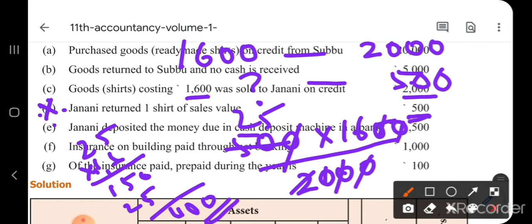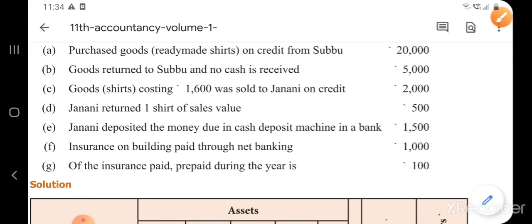₹400. Okay. So the actual cost is 400 and they have returned you how much? The debtors is decreased by 500. That means 1000 is the loss out of that deal. Sorry, not 1000. 100 is the loss out of the deal.